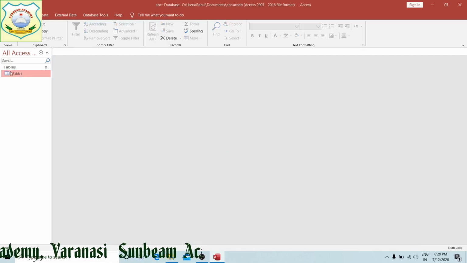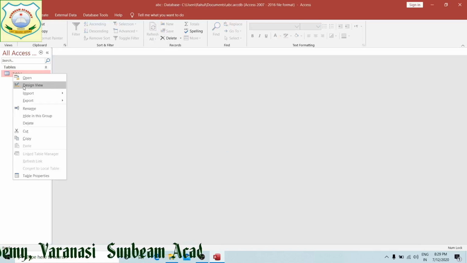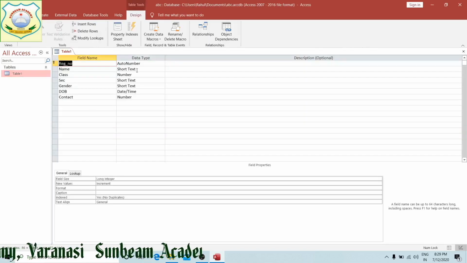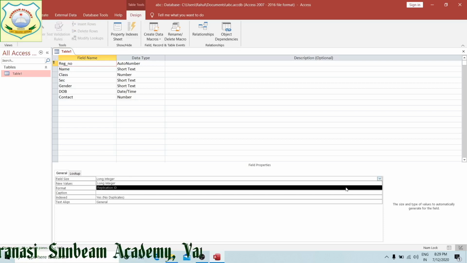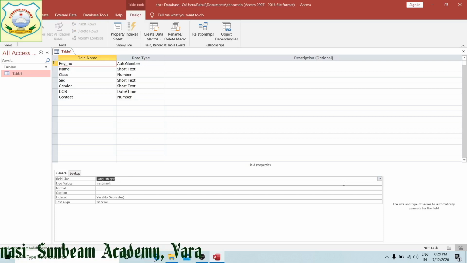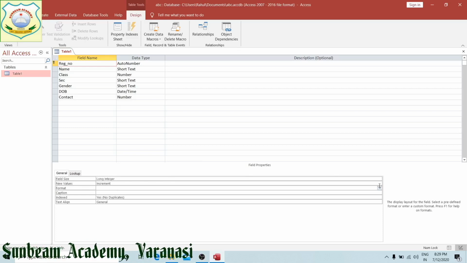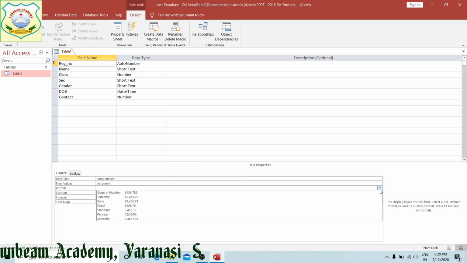Right? Now I will open the design view. Registration number, auto number, right? This is long integer. If I change the long integer, it will remain the same, and the new value will increment because it's auto number. Format, in which format you need, general or whatever, right?